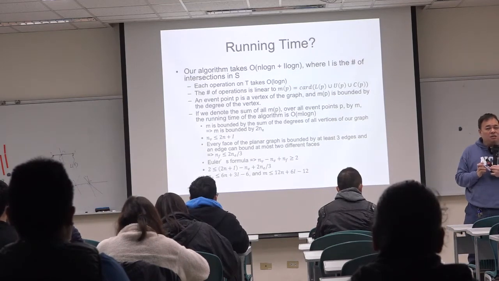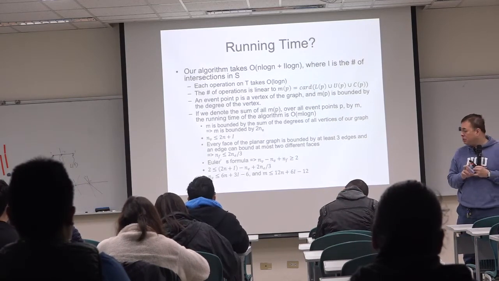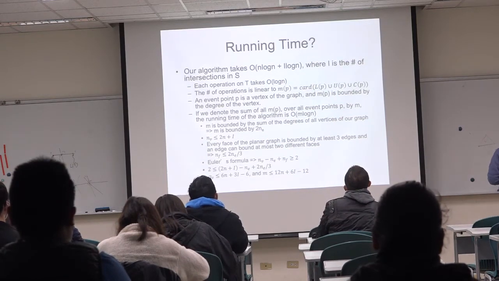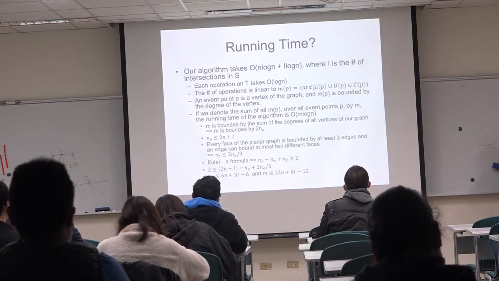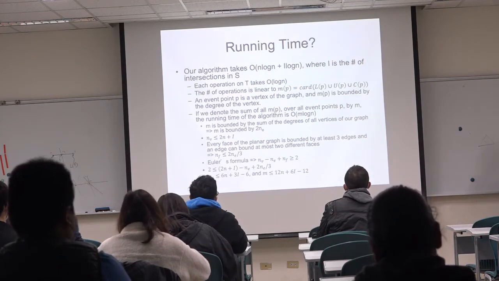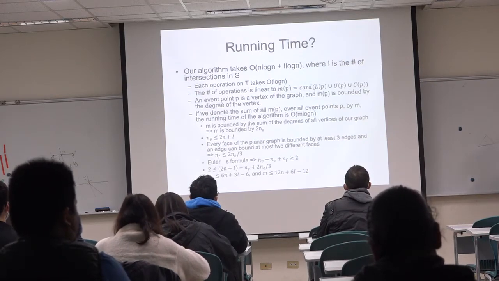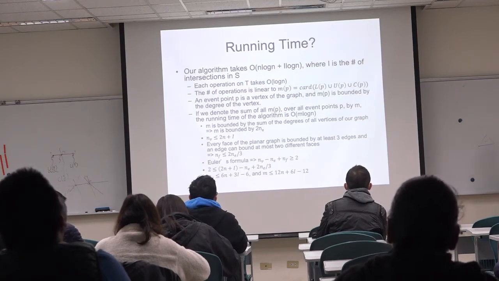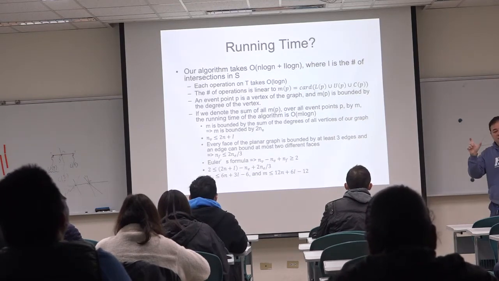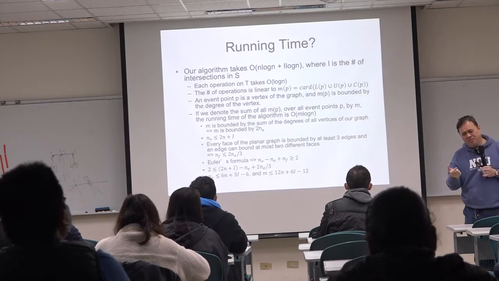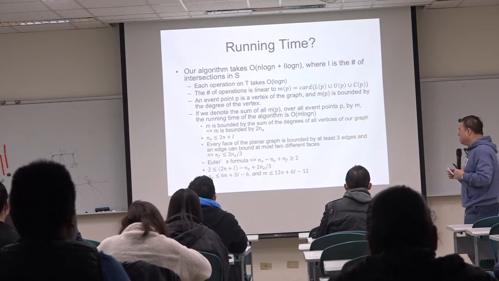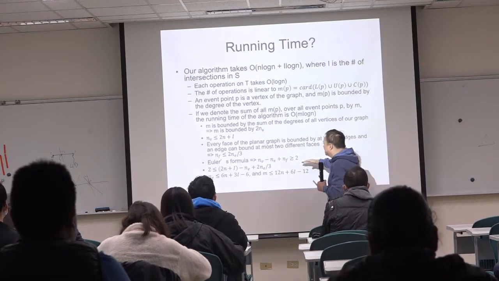Okay, because in discrete math, when we talk about Euler's formula, normally the graph is connected. But now, the graph is not necessarily connected. Actually, we try to treat the segments as graphs. So most likely, the graph is not connected anyway. Okay. So once we have that,